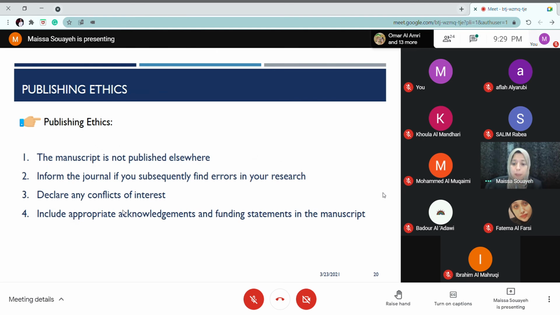Okay, so up to this point, we covered all the parts of the structure of the technical paper. Now I'll talk about publishing ethics. Publishing ethics are very important. There are many publishing ethics; these are the main ones, or some of them. The first one is that you prepared your manuscript, you wrote your paper. Before submitting that manuscript, you need to make sure